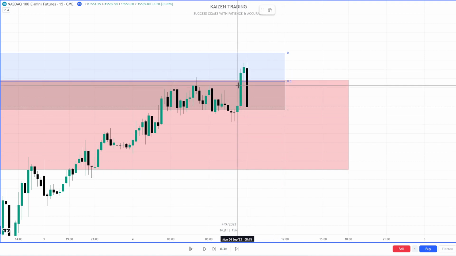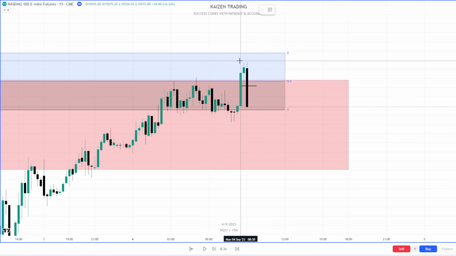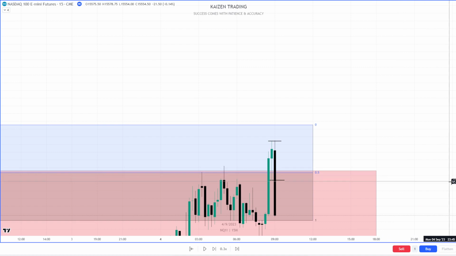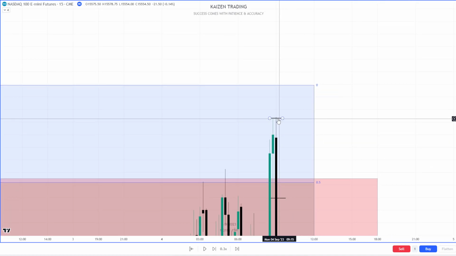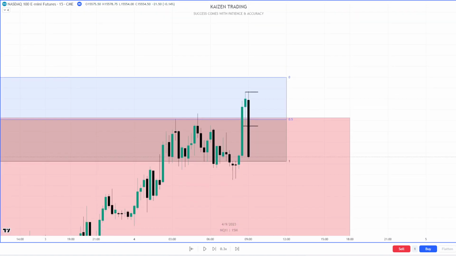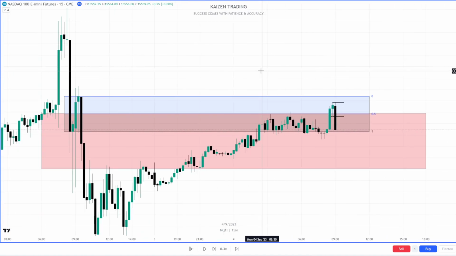So if you wanted to take a short, we would want to see that high get ran. And if we zoom in here, it runs that high, and then look what it does, it immediately comes down. Okay, so